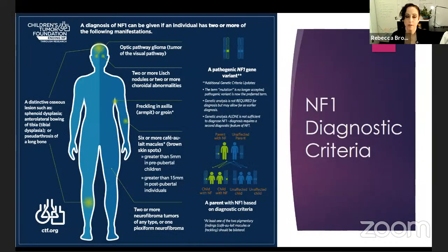So the Children's Tumor Foundation is the #1 organization that promotes research and education for the neurofibromatoses. And I wanted to mention that the diagnostic parameters for NF1 were updated as of this year. And for NF2 and schwannomatosis, they're likely to be updated within the next year as well. So the diagnosis previously was purely clinical, and it involved the presence of at least 2 of the following clinical